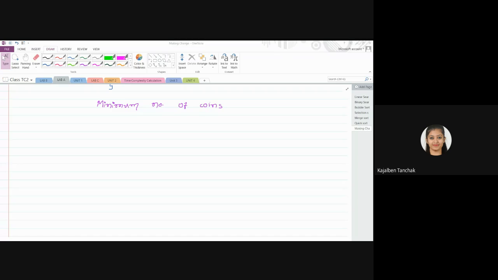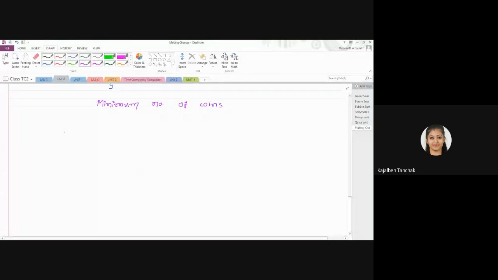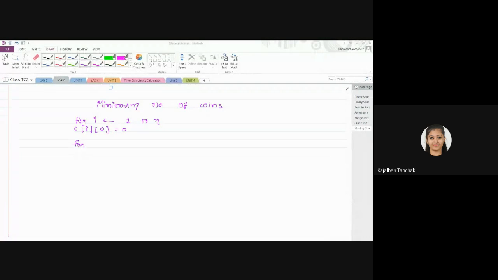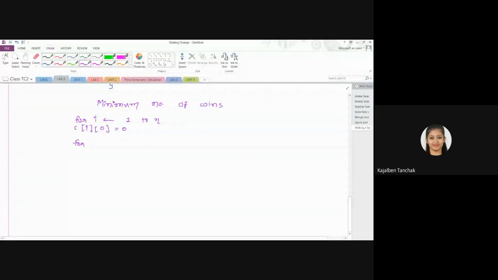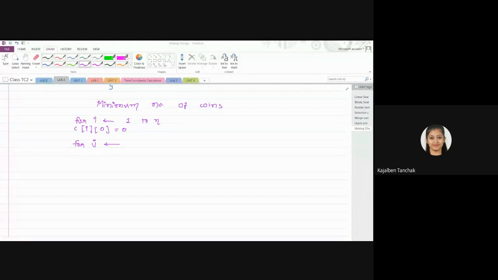See, we will take C of I, for I starting from 1 to n, C of I. When j value is 0, you will put 0.